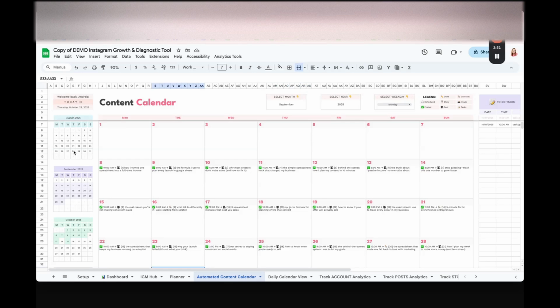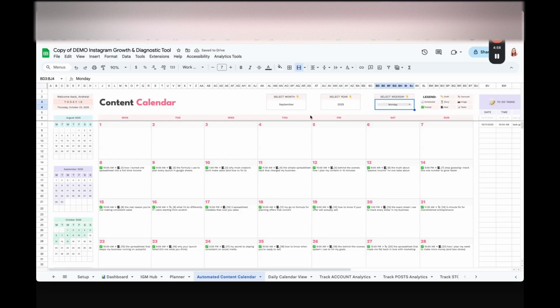This side over here will display the month before your selection, the month of your selection, and the month after your selection. The highlights mean that you had something on this day, either a post scheduled or a task. Then the white days mean that there was absolutely nothing scheduled for these days. This should help you with consistency. If you're skipping too many days, then you know that you have to get back on track because Instagram rewards